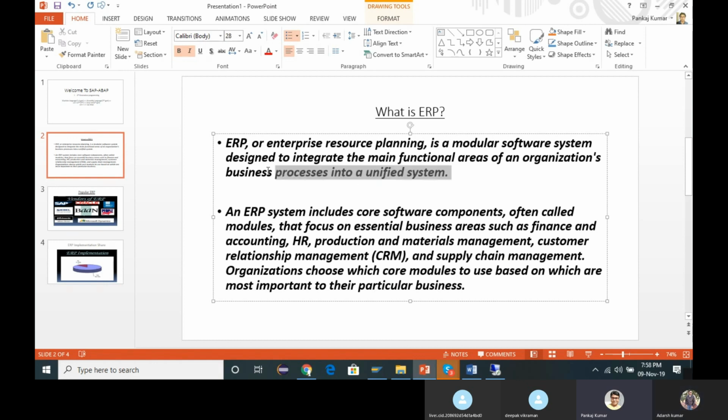So there are many business modules. With the help of ERP, we can manage each part of the business very well, with proper integration and reliability. This is the purpose of ERP, and that's why ERP comes into the picture. How we can plan the resources of an enterprise well is known as enterprise resource planning.